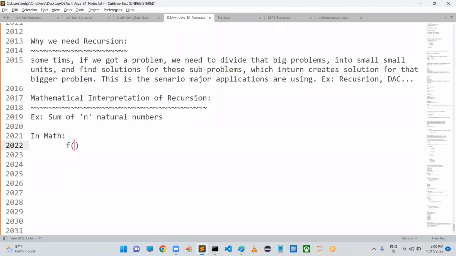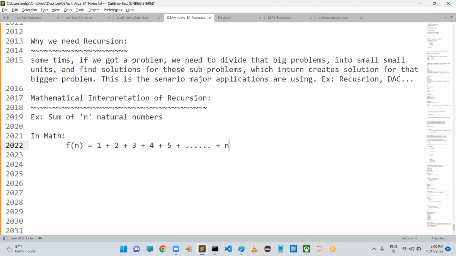We will prepare a function, f of n. What is that function? You start from 1, plus the second number, plus the third number, the fourth number, the fifth number, and so on. At last, you take n.